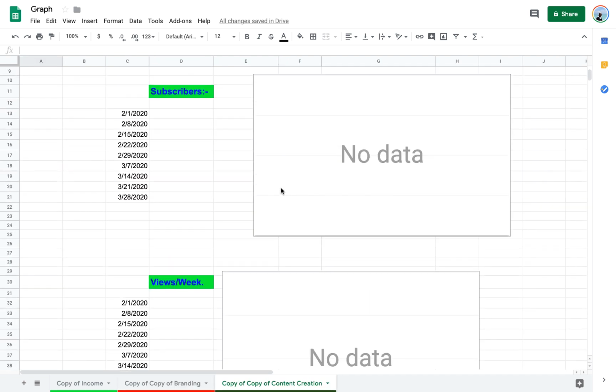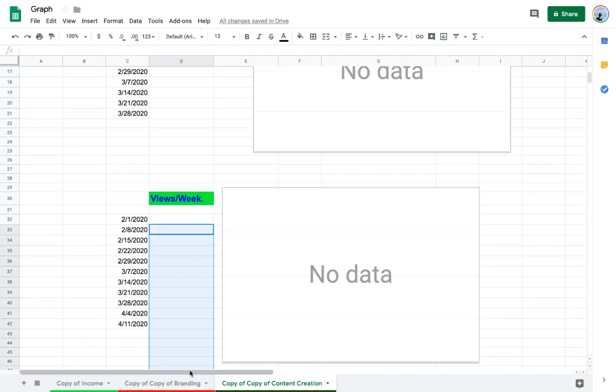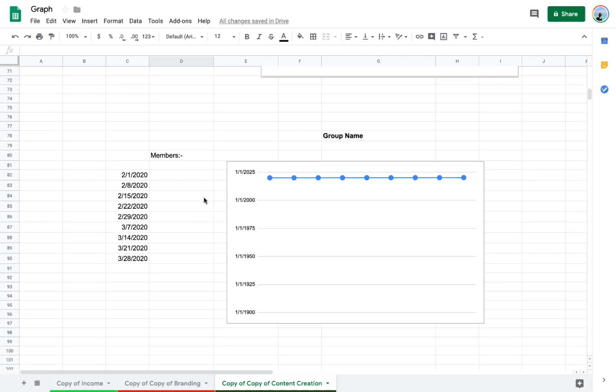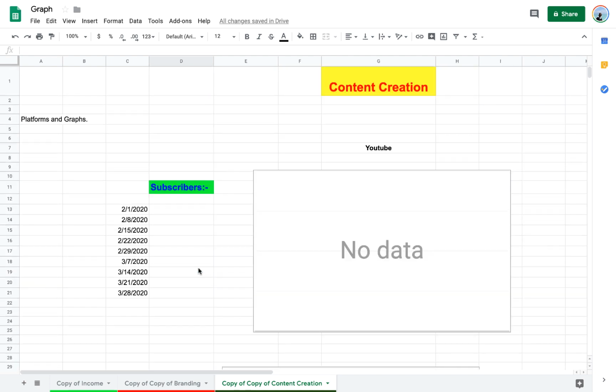Then you have the content creation graph. This is where you put your subscribers in. This is where you put your views in. This is for Instagram stuff. So this is where you put your followers in. This is where you put your Facebook group members in. Again, the idea of this is to know when something's about to die, right? Because like once if you find something out after it's dead, it's dead. There's not a lot you can do about it. But before it dies and when it starts to sort of decay, you can figure out exactly why with this graph and really change things.